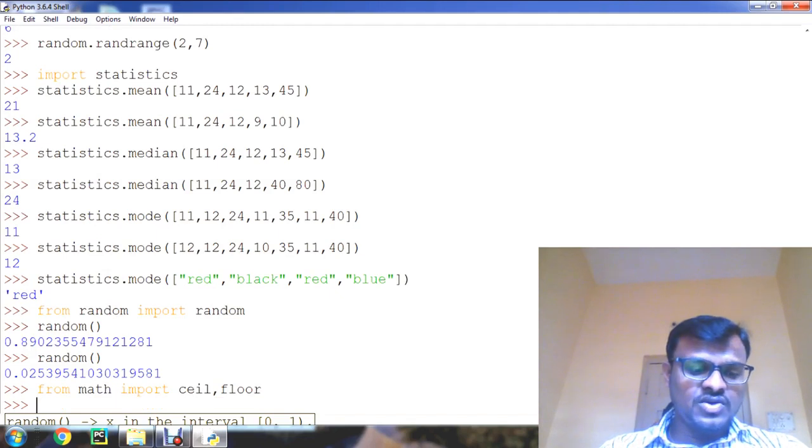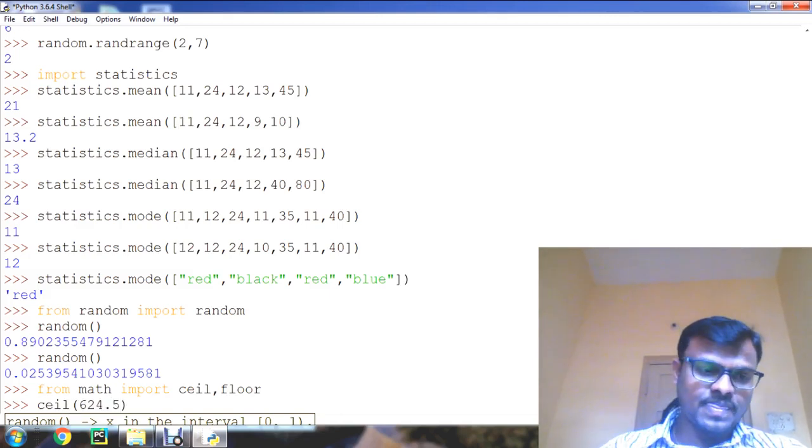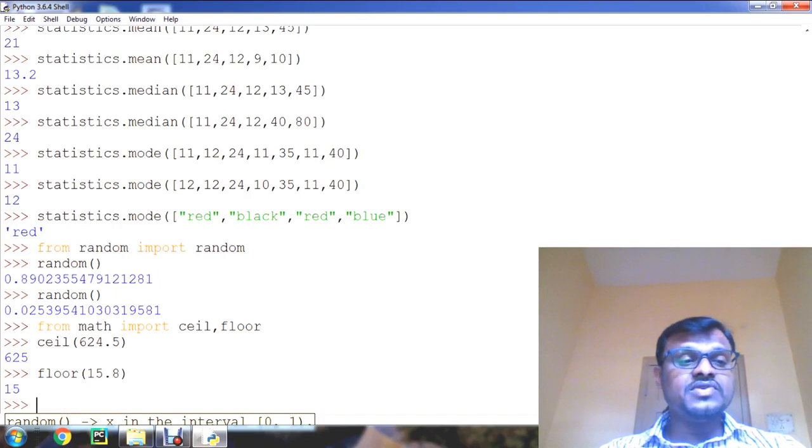Now we can use the ceil function without using the math module. Ceil of 624.5. And we can use floor also. Floor of 15.8. Like this we can make use of the from statement in our program.